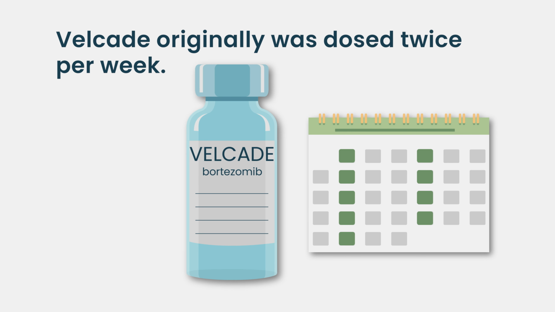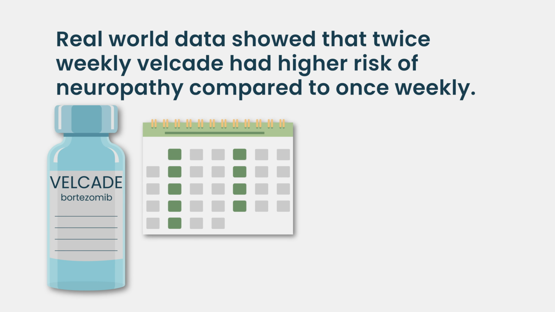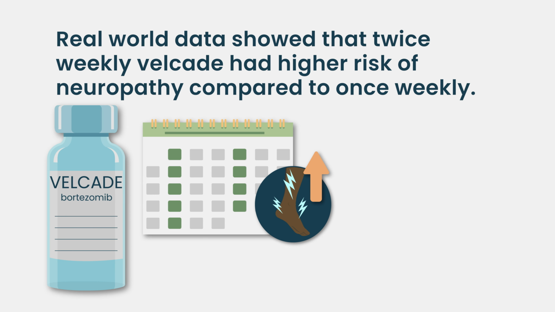A good example of how real-world data, I think right here, right now, is changing how we care for our patients is that historically bortezomib, this drug Velcade, was dosed twice per week, Monday, Thursday, or Tuesday, Friday. That's just how the trials were designed over 2 decades ago, and it's kind of stuck that way in all the trials since then. So all these new trials looking at all these cutting-edge new therapies, for example, venetoclax, which is a precision medicine drug in the Bellini study, the bortezomib that the new wonder drug was combined with was still given twice per week, even though we found with real-world data that twice-weekly bortezomib has a higher risk of neuropathy,